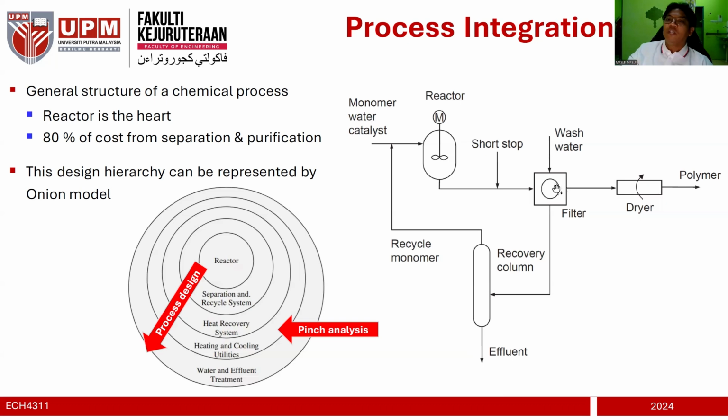Now you have a solid, basically after you wash, a kind of wet polymer beads or wet polymer solid, right? Then it goes to a dryer. Oftentimes the dryer runs with hot air or hot nitrogen, if I'm not mistaken, so that it becomes a dry polymer. And of course, this is not being shown. Now you have to deal with the hot air as well. Maybe you want to remove the moisture after the drying process.